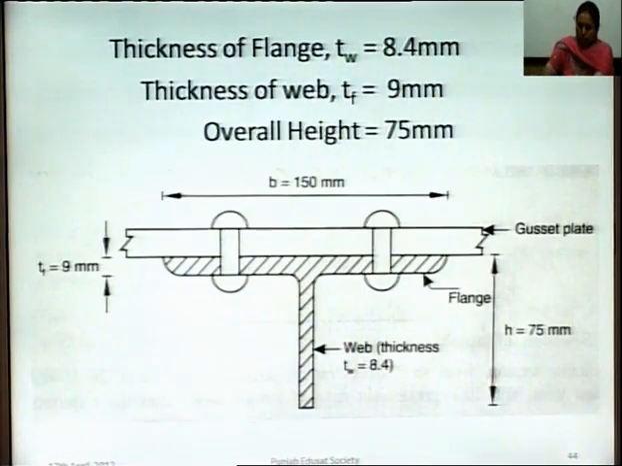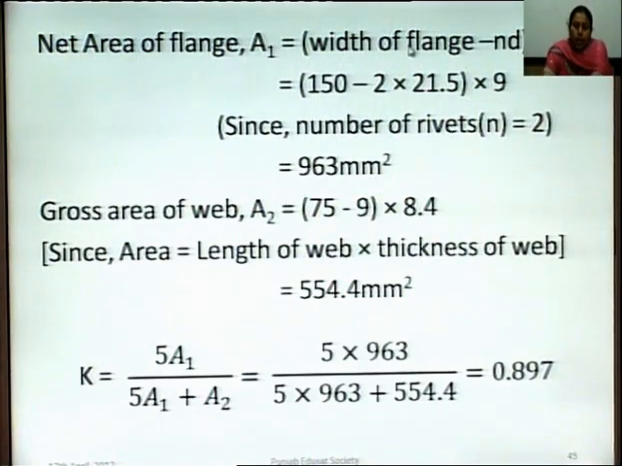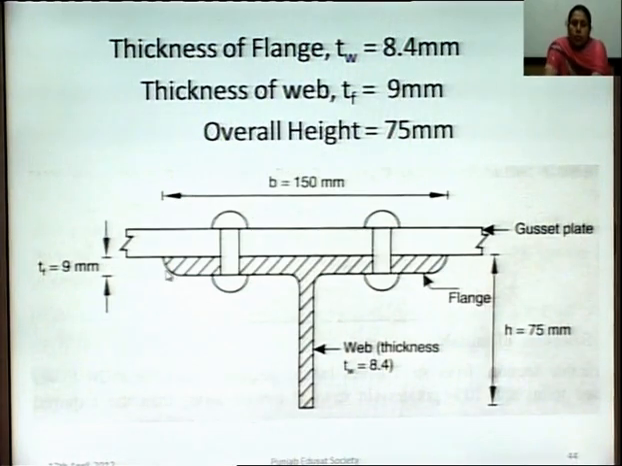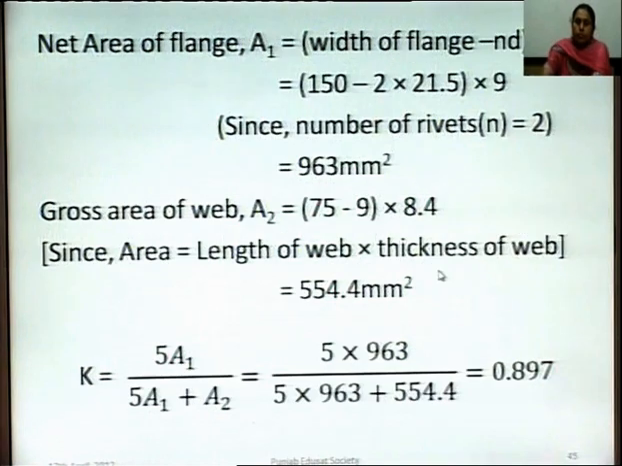Then A1 will be width of flange minus n d into thickness of flange. As width of flange is 150, and as we have two rivets, the overall length will be deducted by 2 d. So, length will be 150 minus 2 d and multiplied by thickness of flange, 150 minus 2 d into 9,